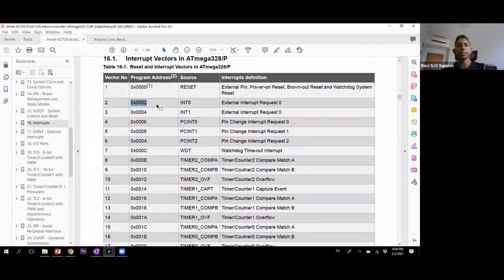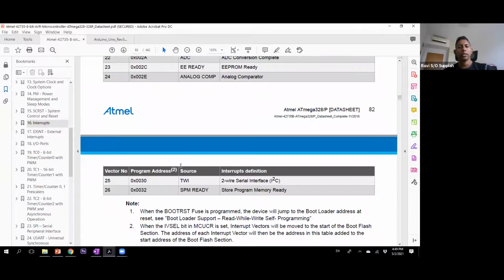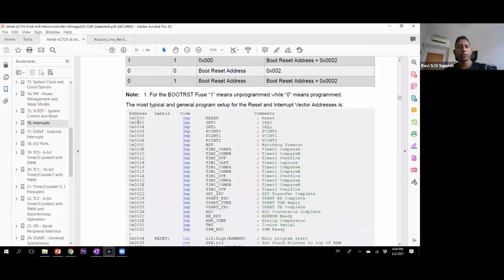But what is inside this address 0002? If you scroll down here, you will see the address 0002. There's actually an instruction here that says jump to INT0. What is this jump INT0? This is actually jumping to the interrupt service routine.